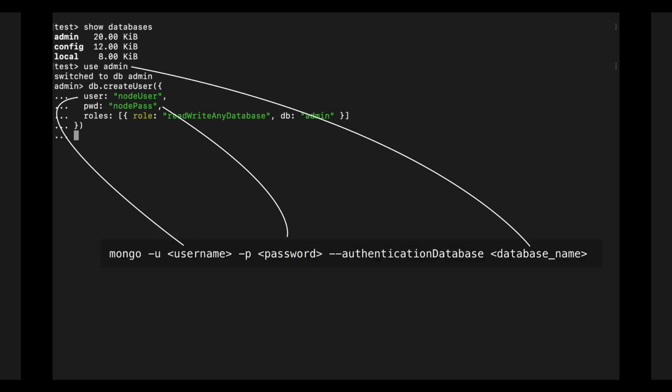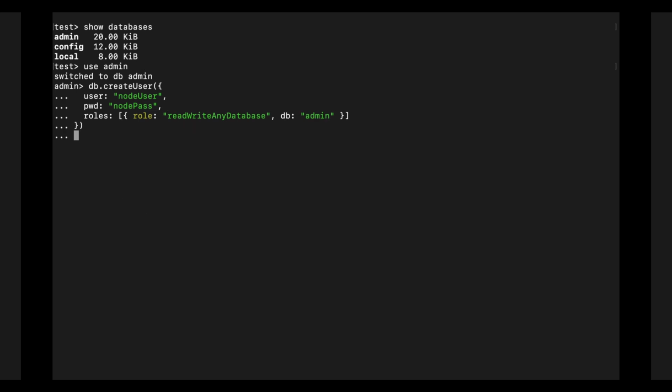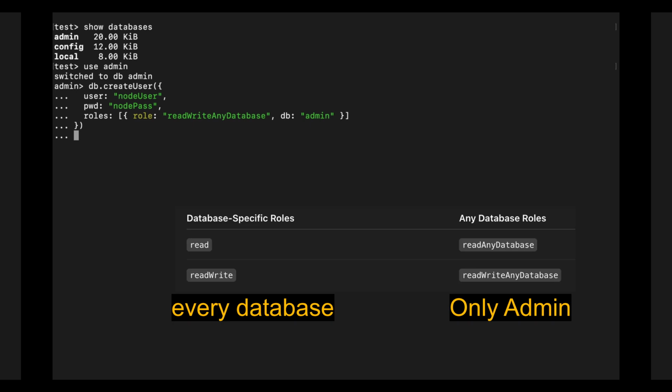The user credentials are only used at the time of login. That's it. They don't decide what access you have. After login, MongoDB checks the role assigned to that particular user before executing any command. Now, there are two types of roles. Database specific roles like read, readWrite, these are available in every database. But global roles like readAnyDatabase, readWriteAnyDatabase, these roles only exist in the admin database. So when we create a user and assign a global role, we mention admin as the database. Global roles allow access to all databases, not just admin.